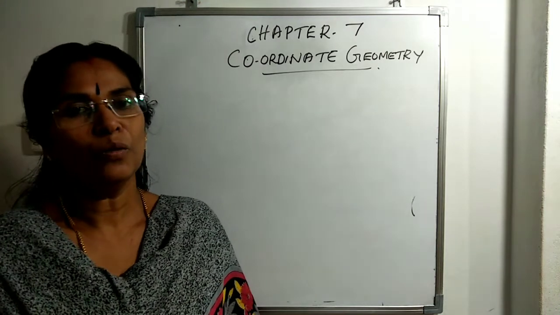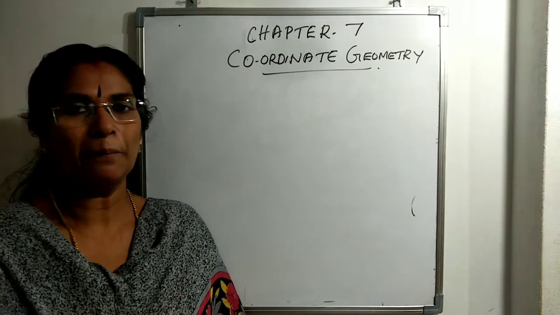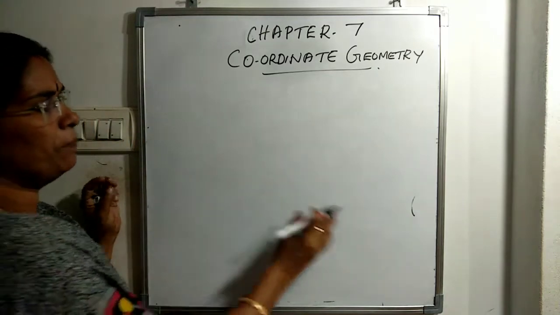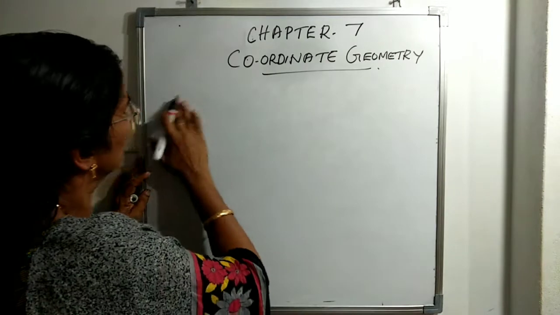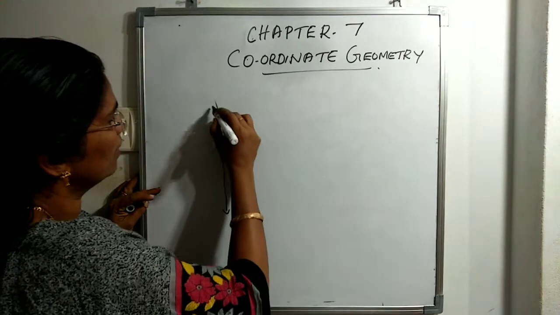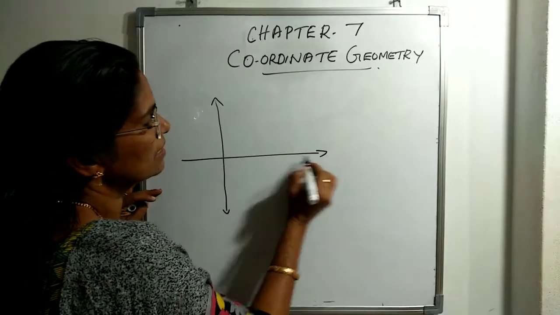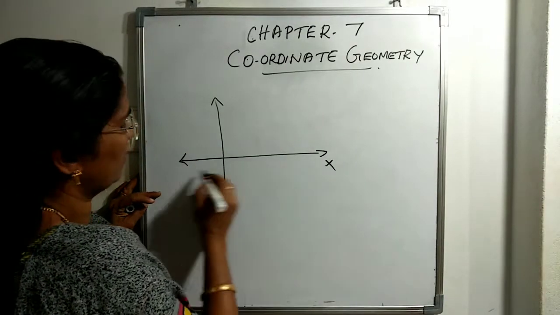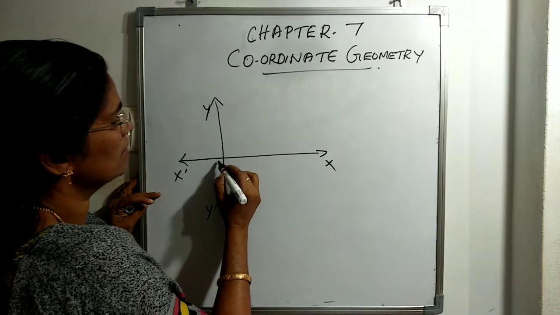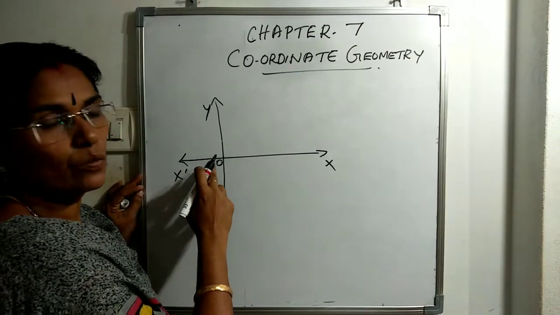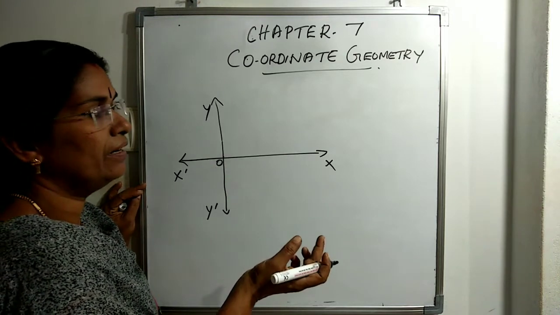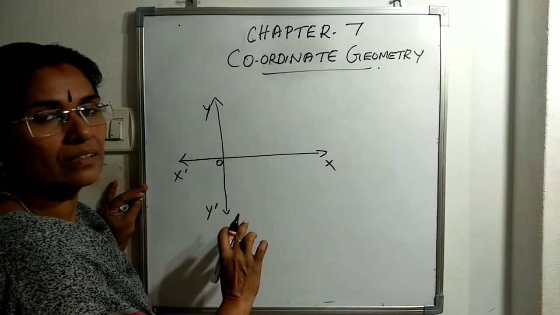Okay, you know how to plot a point on the plane. That is the XY plane, or coordinate plane, we are saying. In the XY plane there are two axes, X axis and Y axis, and this is the origin (0, 0). Here the coordinate is 0. So if two coordinates are given, we can locate the point.